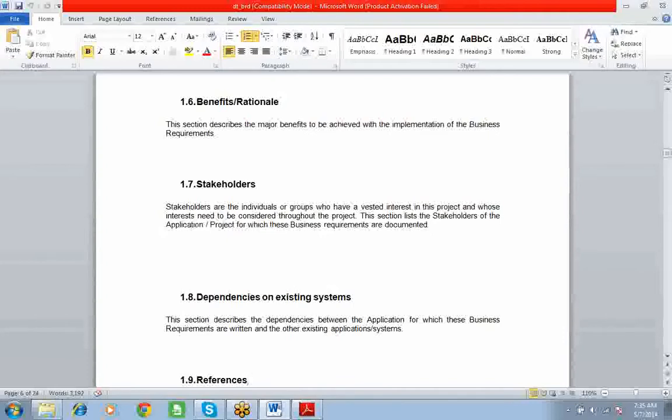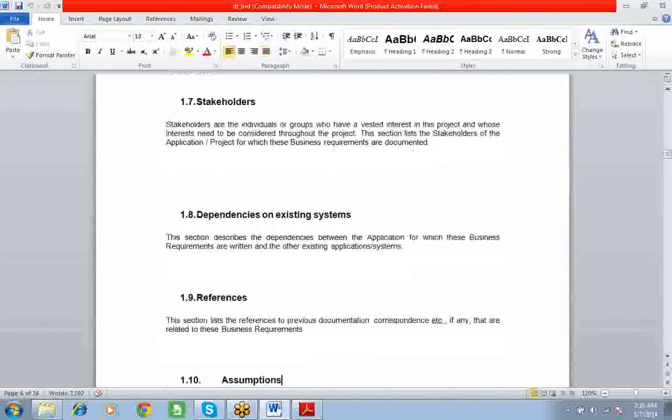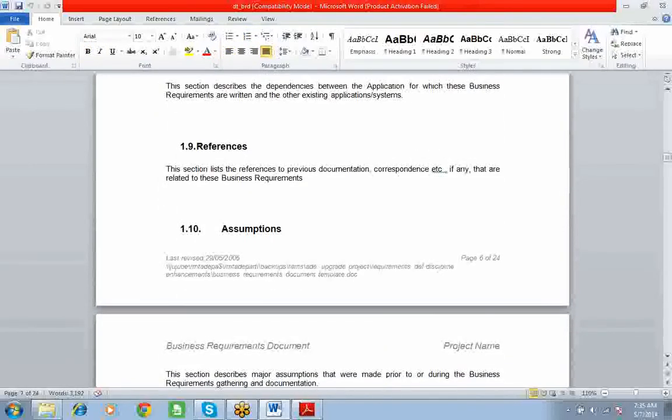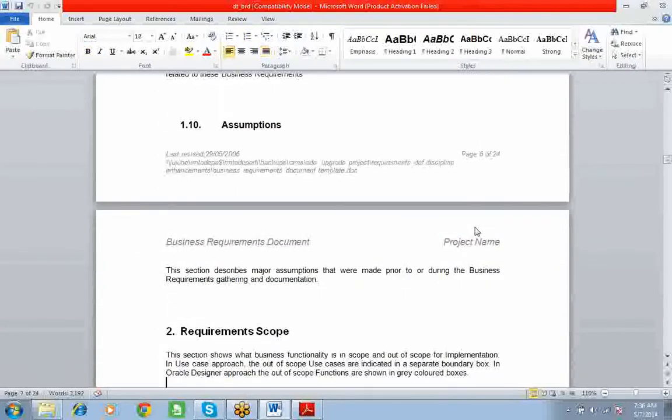This section lists the stakeholders of the application project for which these business requirements are documented. Dependencies on existing systems. This section describes the dependencies between the application for which these business requirements are written and other existing application systems. References, assumptions.